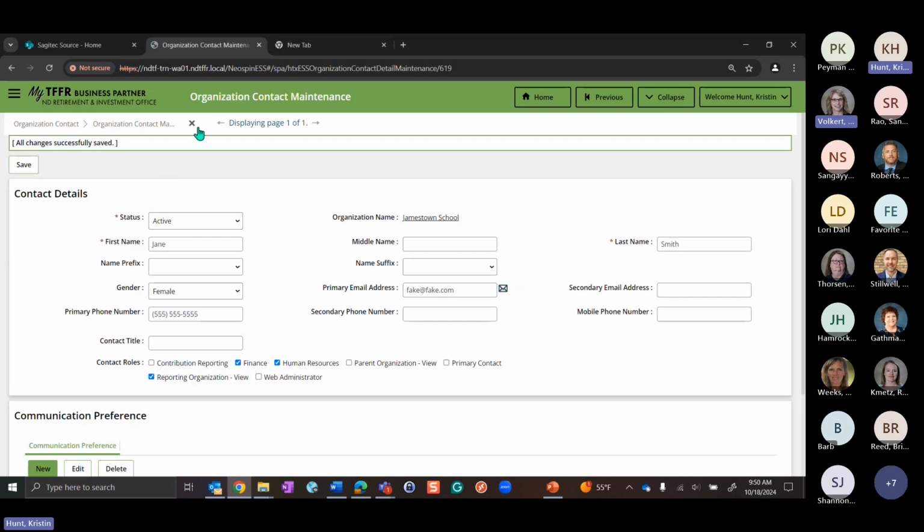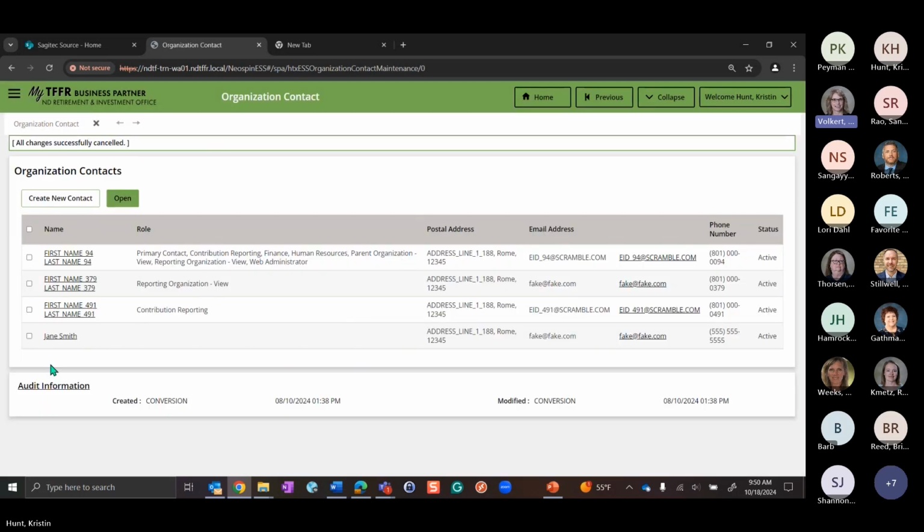So Kristen, if they have somebody leave, like if a business manager leaves and they get a new one, or if they have a new superintendent, they have to add them. Would they delete one and then add a brand new one, or can they edit the one that's in there with just a new name?